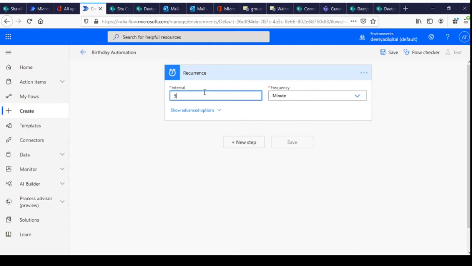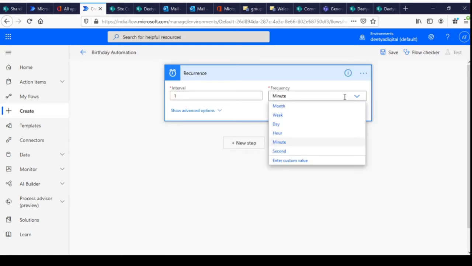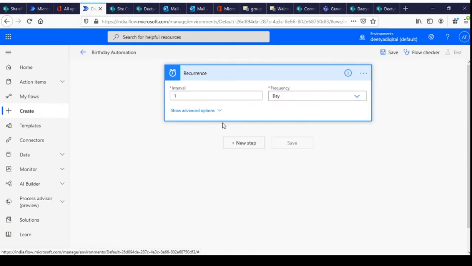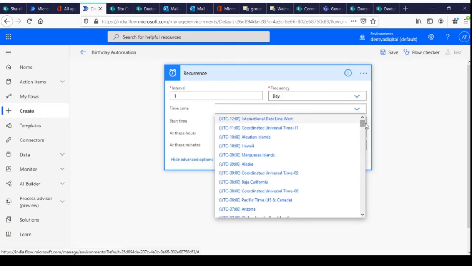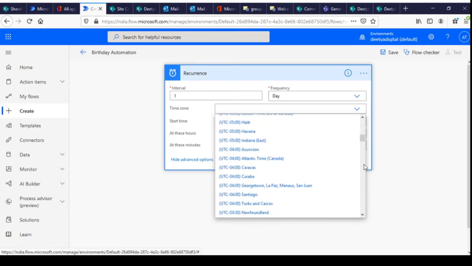Okay, so I want interval one, frequency daily, time zone. This is very important. You need to select the correct time zone to trigger your Power Automate flow as per your time zone.